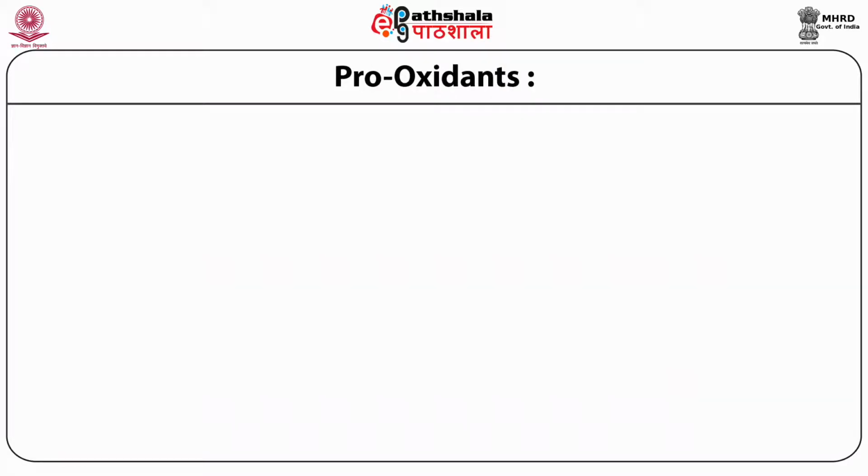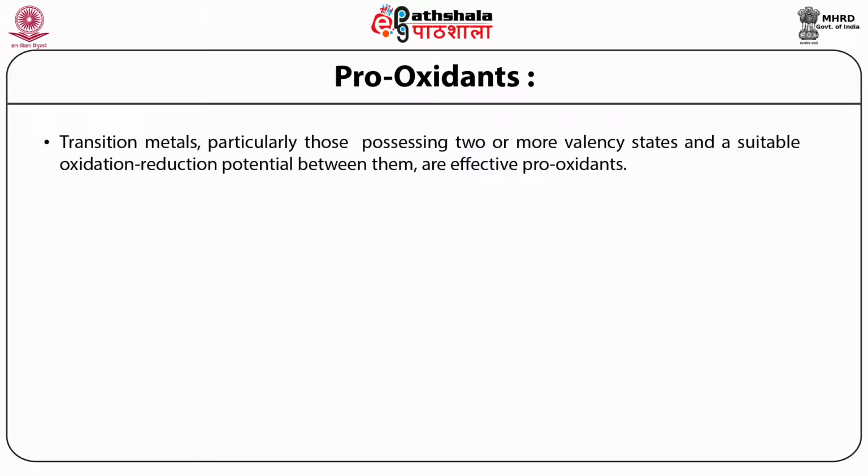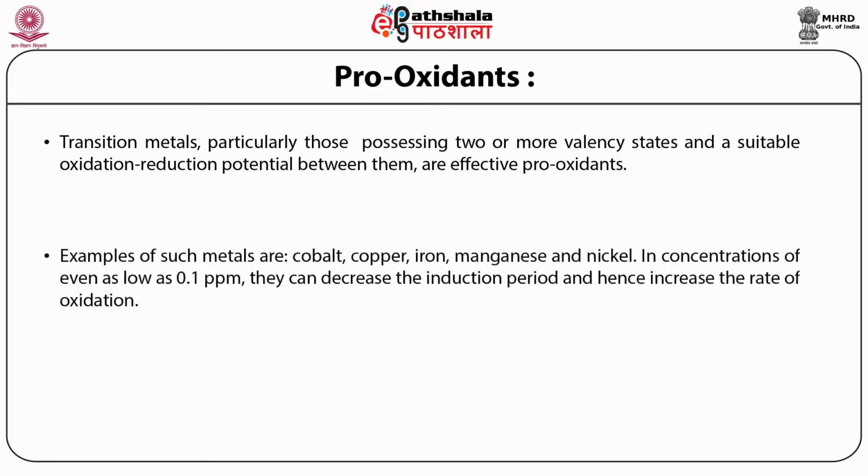Now, let us look at how pro-oxidants affect lipid oxidation. Transition metals, particularly those possessing two or more valency states and a suitable oxidation reduction potential between them, are effective pro-oxidants. Examples of such metals are cobalt, copper, iron, manganese, and nickel. In concentrations even as low as 0.1 ppm, they can decrease the induction period and hence increase the rate